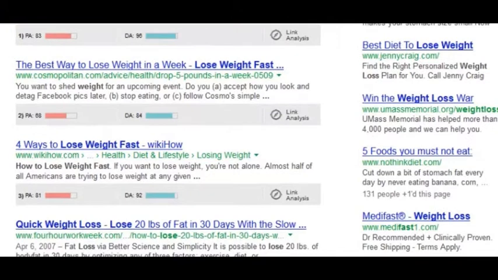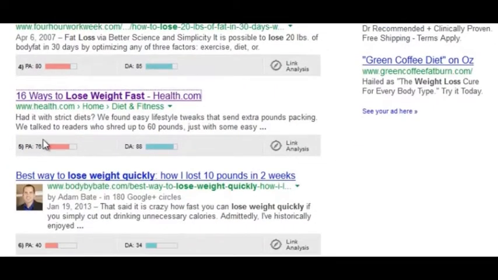For example, a site like Cosmopolitan.com or WikiHow, they have a lot of links based on their brand, as I discussed. So what you want to do is find pages that are like this, Body by Bait, with a high page authority. And preferably, you want to find content with a higher page authority than domain authority, because that proves, to me anyway, that this piece of content earned its links. It's not based on brand recognition, it's based on this piece of content. So this looks like a good example here, Body by Bait, but so does this one above, 16 ways to